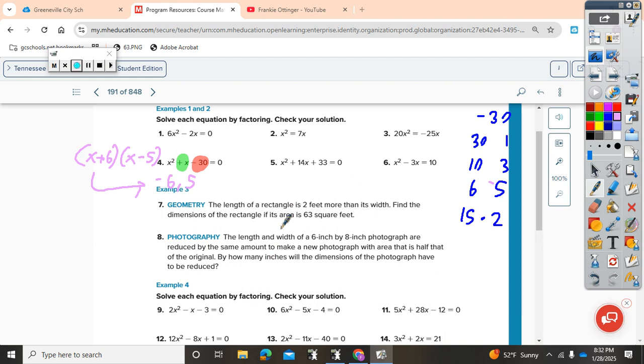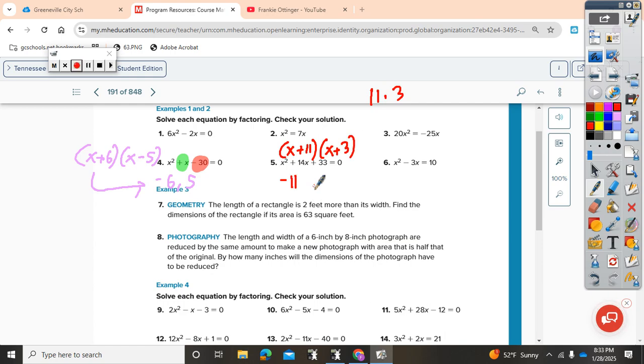If we do the middle one, you might not know your multiples. You might struggle with your multiplication tables. So back in 4th, 5th grade, if you didn't learn them very well, this is hard for you, but it's not hard for you because you don't know Algebra 1. It's because you don't know your multiplication tables. But this one, a multiple of 33 that's going to add up to 14 is 11 times 3. 11 times 3 is 33. 11 plus 3 is 14. So the factors are x plus 11 and x plus 3,